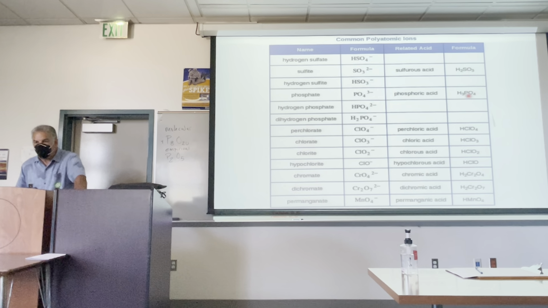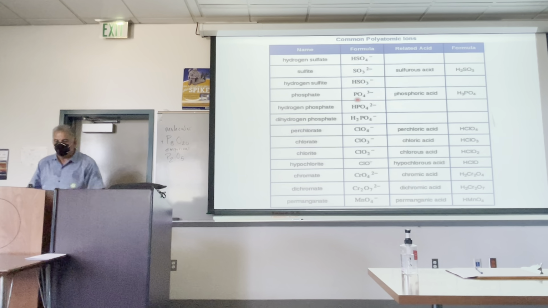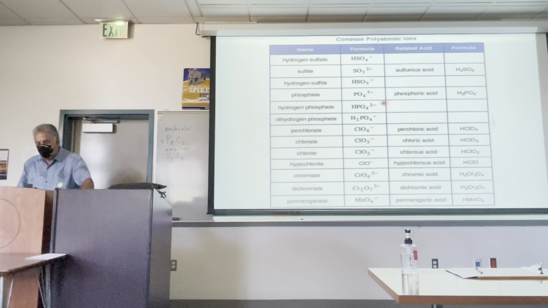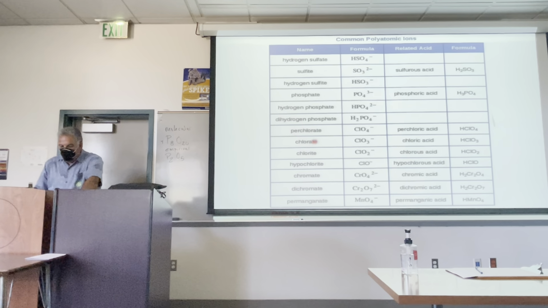Then phosphoric acid has 3 protons it can donate, right? If it donates 1, it forms dihydrogen phosphate, which is a 1-. If it donates 2, it forms hydrogen phosphate, the 2-, and if it donates all 3, it forms phosphate. But you can have phosphate, the anion, without having had it come from phosphoric acid. Right. Perchlorate, ClO4-,